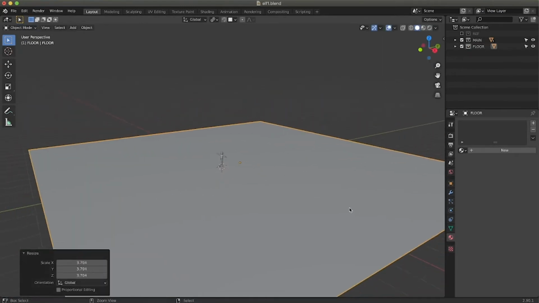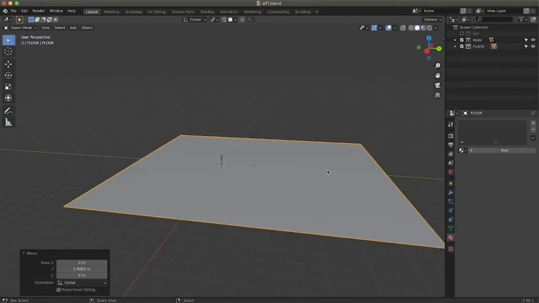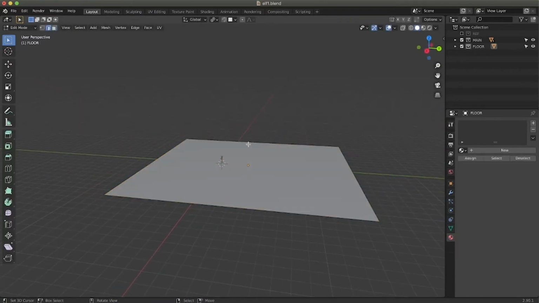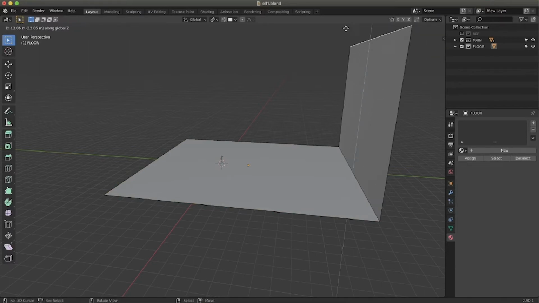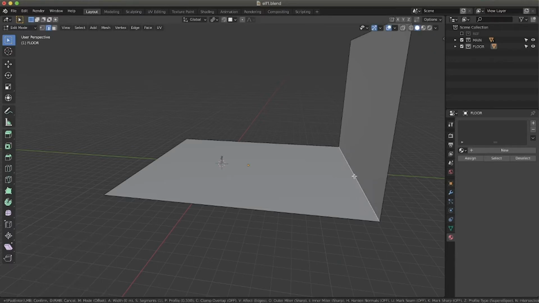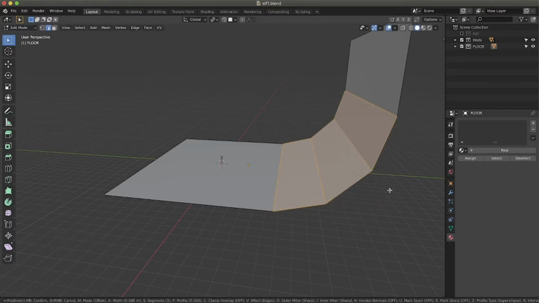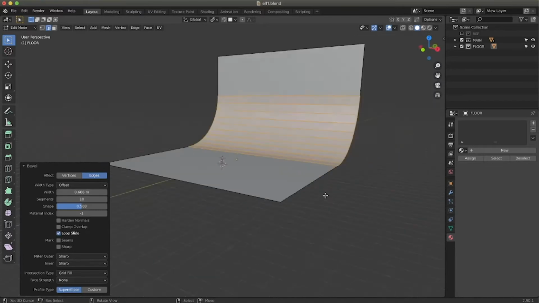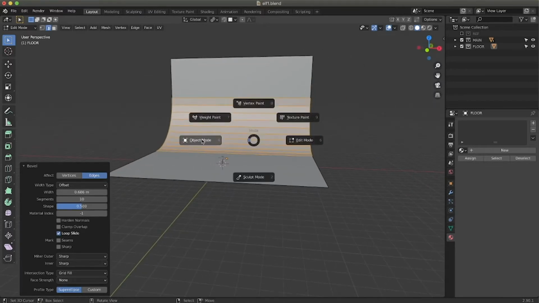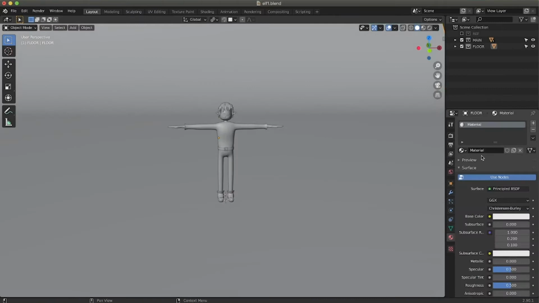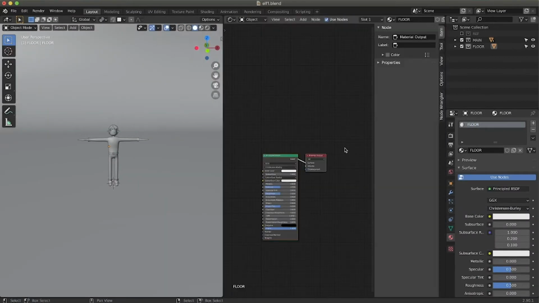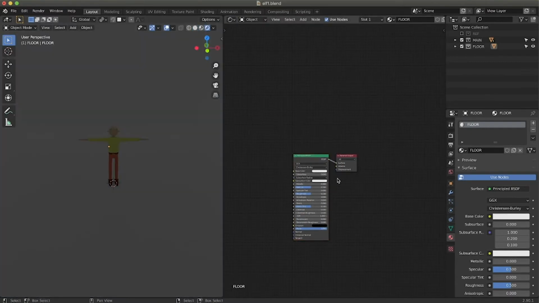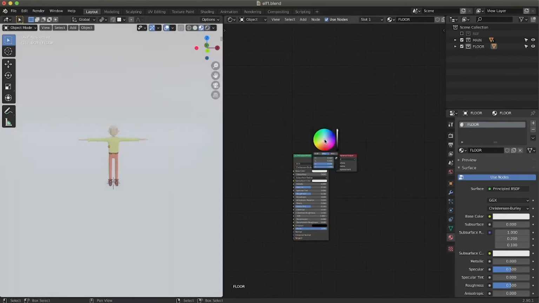We create also a nimbo, so we will have a kind of a graded background. Simply bevel the edge, the 90-degree edge, make it smooth, and it should work fine to create this graded background. Change the color of the background into a light blue, and this will slightly affect your model. That's the reason why you should work in parallel.